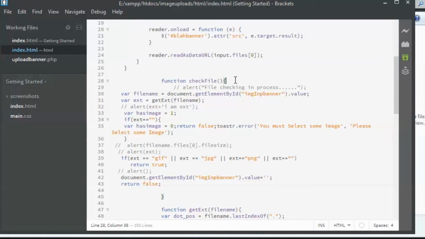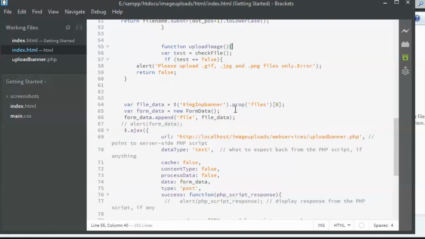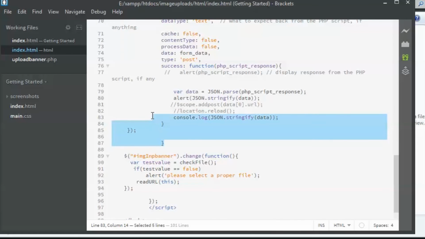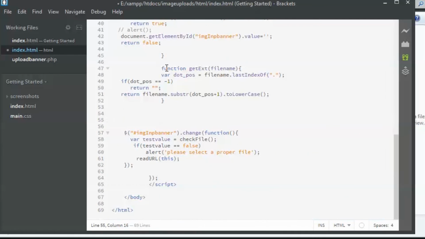So what I'm going to do is paste the function properly. The function is defined properly over here, but I'm going to define it in another script tag.